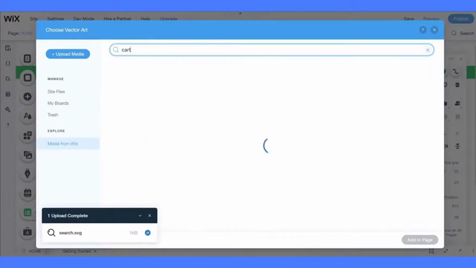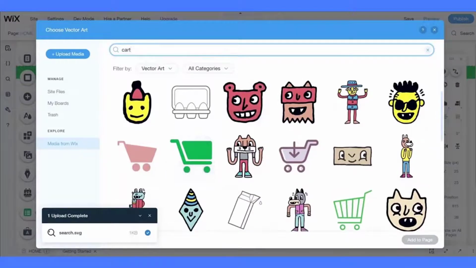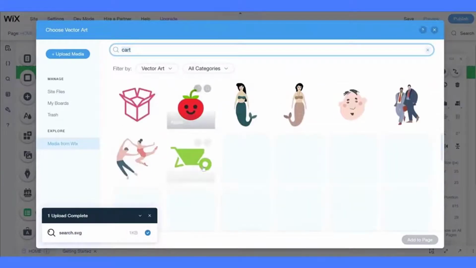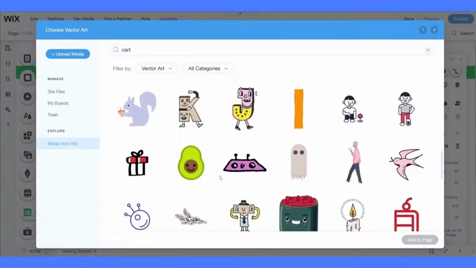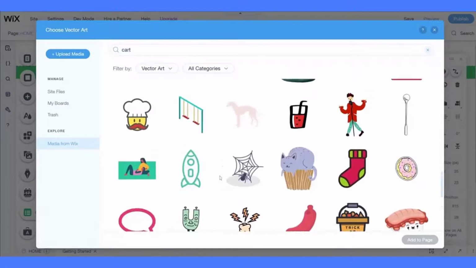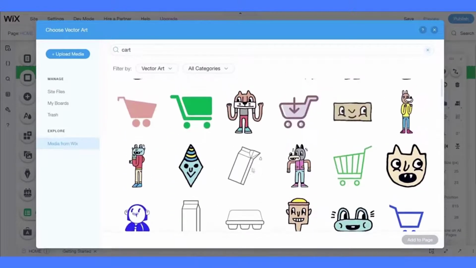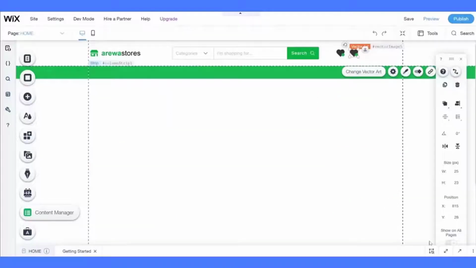Let's see if Wix have a cards. Fantastic, Wix have a card. I don't like the card I use here, so I'll look for a card within the Wix SVG media directory, and I should find something suitable that I can use. I think I'll go with this or this. I'll select this. I will make it black in color because the color of